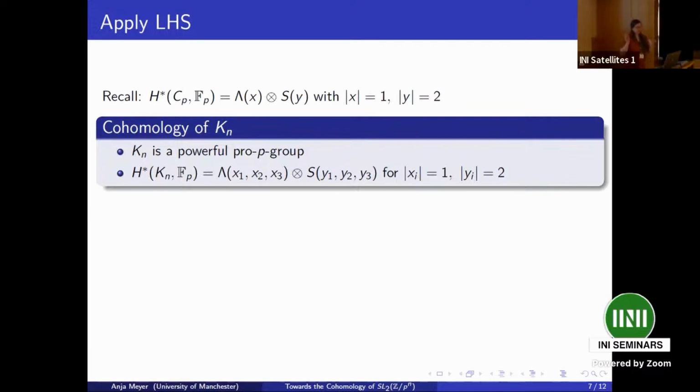So finding out that the cohomology of Kn, regardless of which level n we are in, is actually this strikingly simple expression is extremely powerful. Pun slightly intended. So now we can actually work with this. So we need the cohomology of the thing on the left. We need the cohomology of the thing on the right. So we are golden now, right?